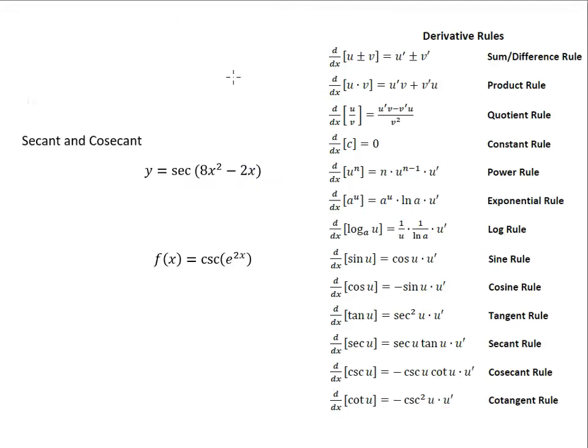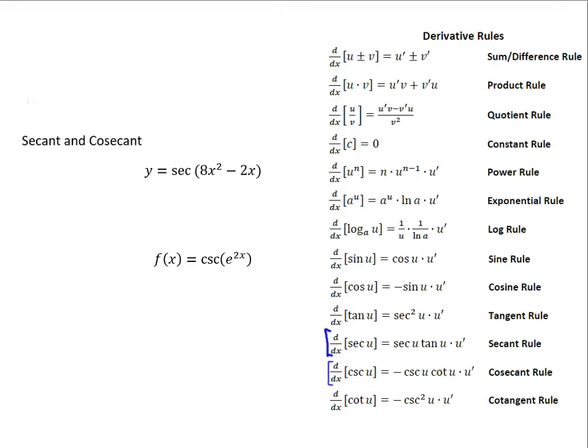All right, here are secant and cosecant. So we're looking at these two down here, and you'll see that they are formatted very similarly. The derivative of secant is secant times tangent, and then obviously the chain rule. The derivative of cosecant is kind of the same format, but this time it's cosecant and cotangent, and it is negative. So really quick, over all these six trig functions right here,